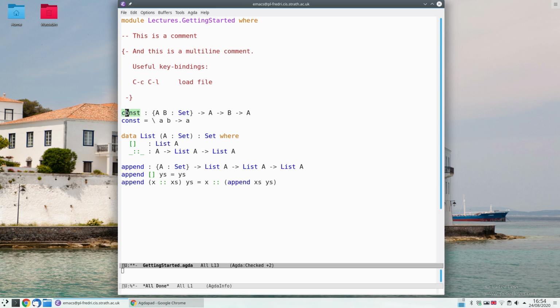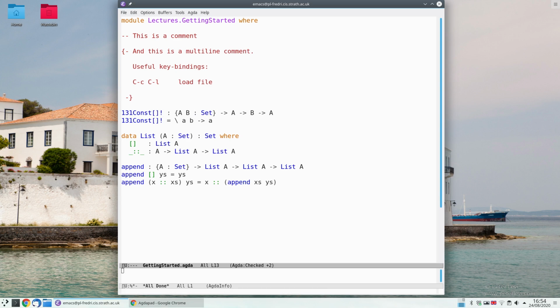First we give the name of the thing we want to define. Here I'm calling it const. This name can be almost anything, by the way. It's not like in Haskell where it has to start with a lowercase letter. I can start with an uppercase letter if I want. Reload it, that's fine. I can't start with some digits. Yes, I can actually. And I can put in random symbols,